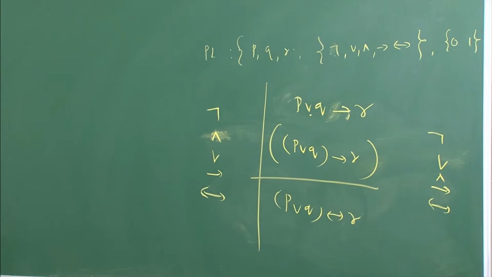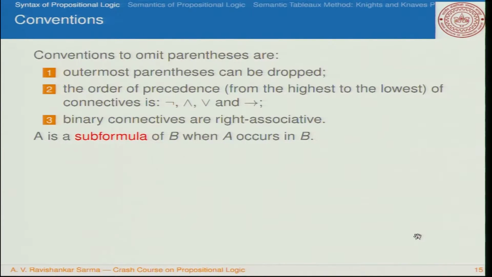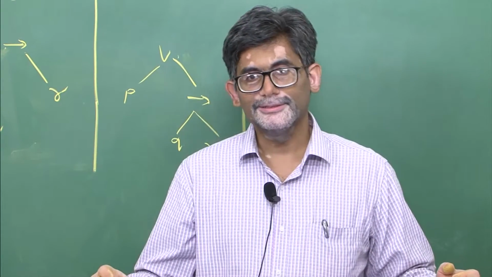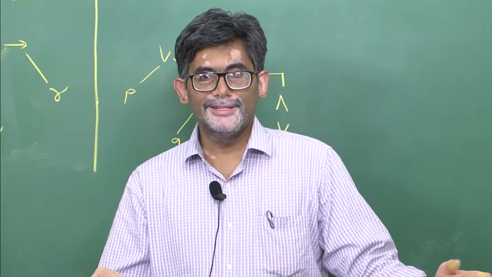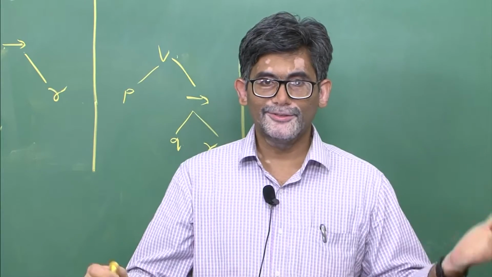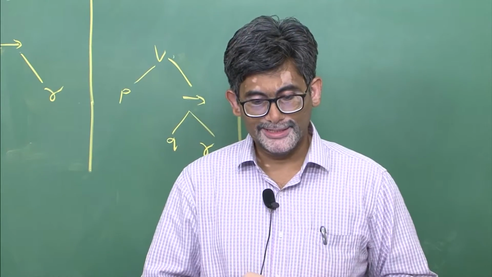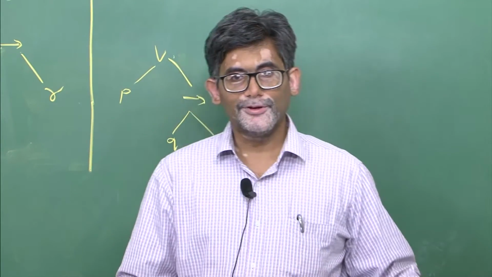Another important thing to notice is that binary connectives like ∨, implies and so on are considered to be right associative. They always operate on the right. We also have something called a subformula, when any given formula occurs in another formula. For example, if you have A implies B and C, B and C is one formula, and the total A implies B and C is another formula. So B and C is a subformula of that.